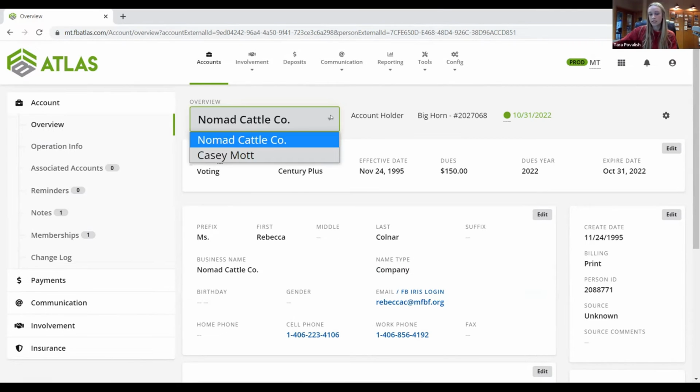And each account is allowed to have 2 adults on it. And then you are also allowed to have children on accounts, but they have to be under the age of 21. So there's no limit to how many children can be on someone's account, but they're only allowed to have 2 adults on each account.